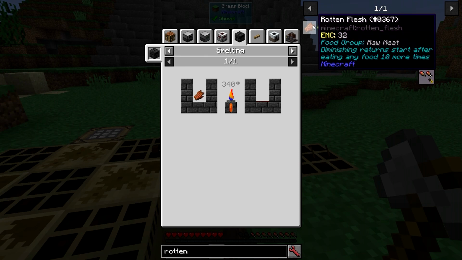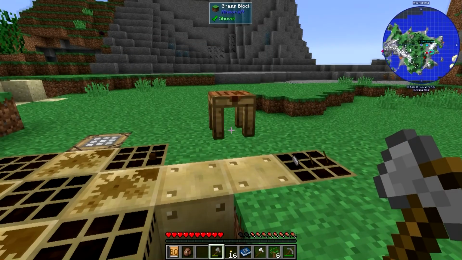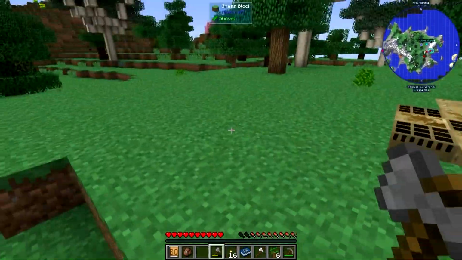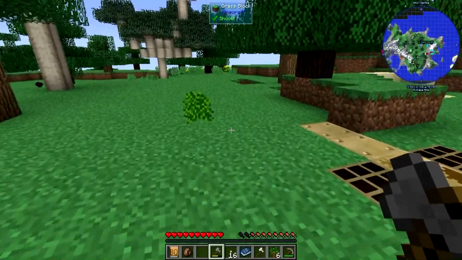Yeah, 40. So you're gonna need a good amount of these, but you can get slime that way too if you can't find the rice. All right, make sure you set up your base. Don't just try to run through the quest. Set up your farming, set up your place to live,